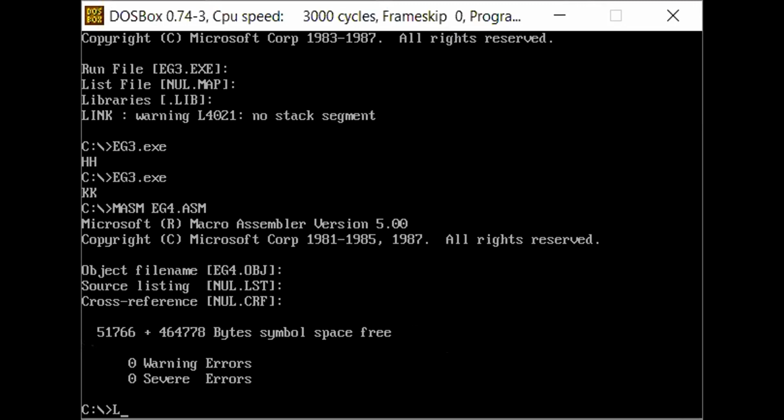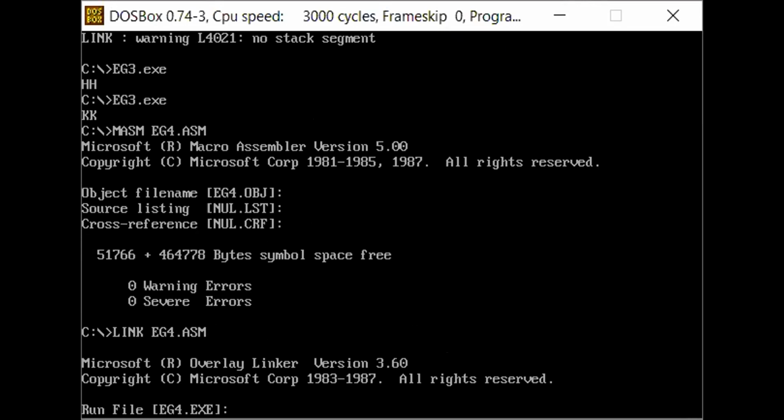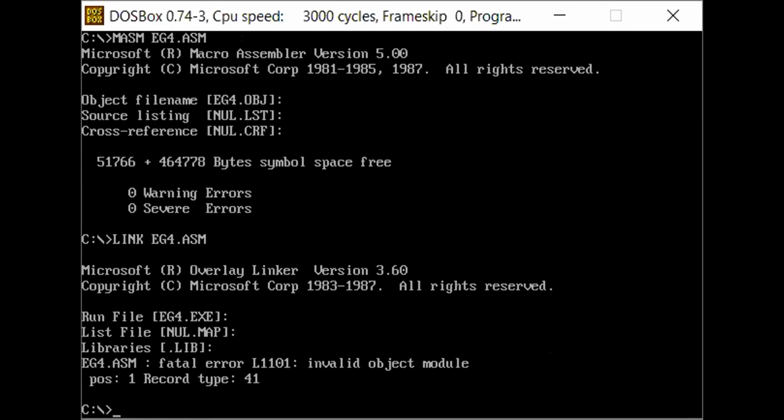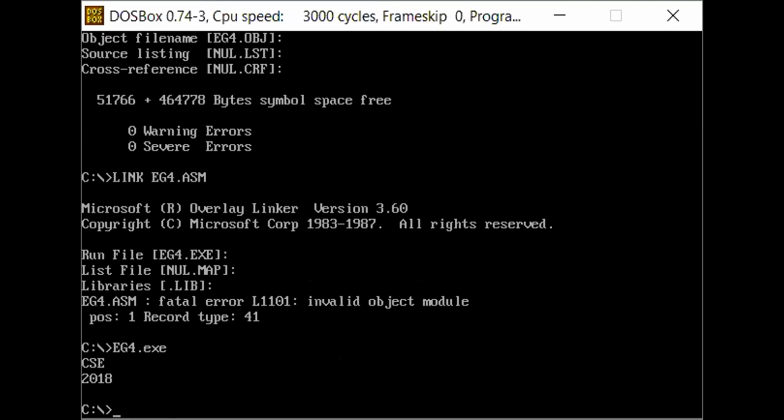Then link EZ4. After that, just execute EZ4.exe. CSC and 2018 both are displayed on the screen.